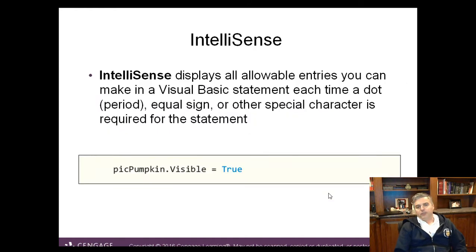So IntelliSense is going to be your friend. IntelliSense displays all allowable entries you can make in a Visual Basic statement each time a dot or equal sign or other special character is required for the statement. So while you're typing in code, if you type PIC, you're going to get a little dialogue in that code window that's going to list all the objects in your program that start with PIC. So if you have two picture boxes, it's going to list those two picture boxes. And then rather than typing out the whole name and misspelling it accidentally, you can just select it and hit